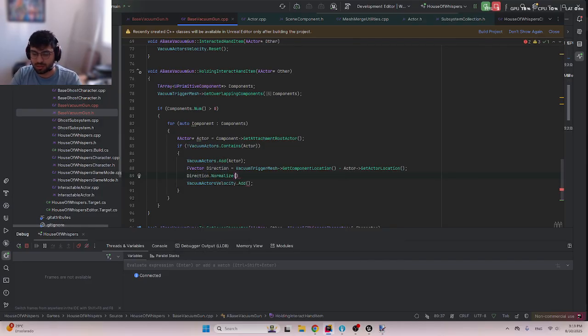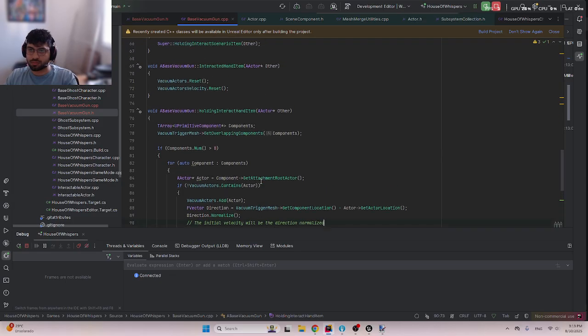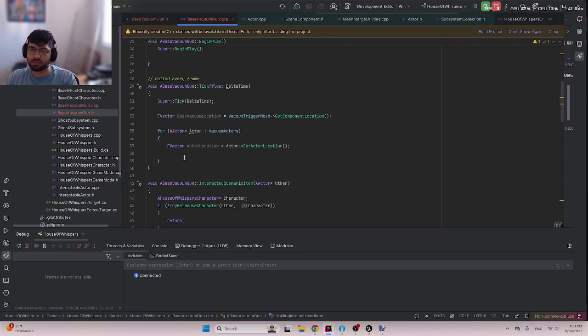I will just normalize it, and the initial velocity will be basically the direction normalized. Yep. So now what I need to do is